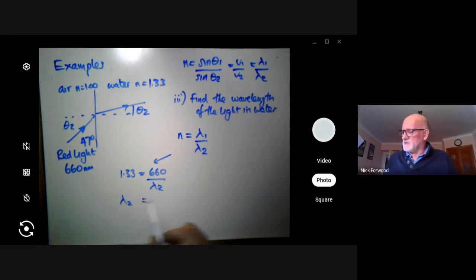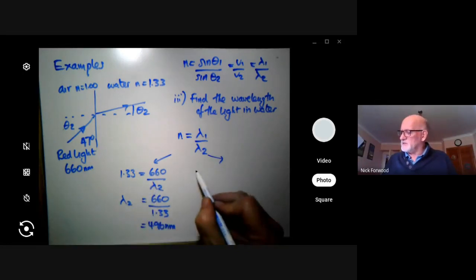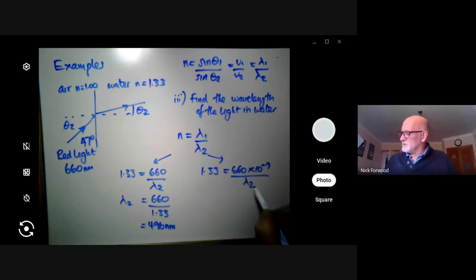Rewrite lambda 2 is 660 over 1.33, and you will get 496. And if you started with nanometers, you'll end up with nanometers. There's nothing to stop you changing that into its standard form, in which case you'd get 1.33 equals 660 times 10 to the negative 9 divided by lambda 2. Rewrite would give you lambda 2 equals 660 times 10 to the negative 9 divided by 1.33, and that gives you